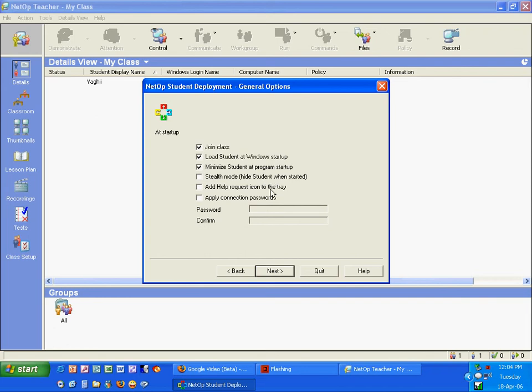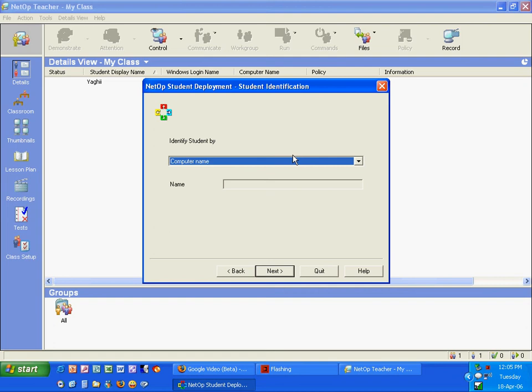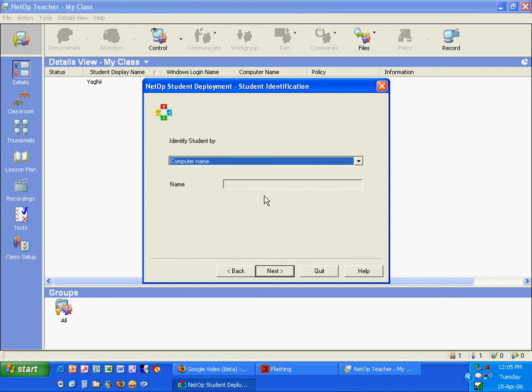Okay, next, connect to class. You could say whatever class you're in, computer class. Okay, next, identify student by Windows login name or whatever you want. I usually use computer name. It's usually easier, especially for teachers, because just by looking at the computer you could tell sometimes which number it is. Next,